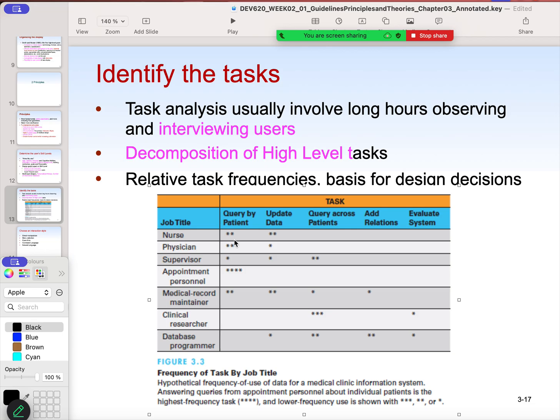In January. So the medical record maintainer has more tasks checked than the supervisor. They have also the query across patients as well as add relations. Clinical researcher would have query across patients as well as to evaluate the system. And finally, the database programmer